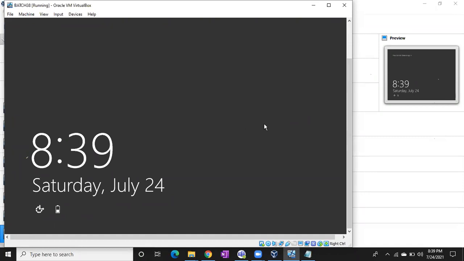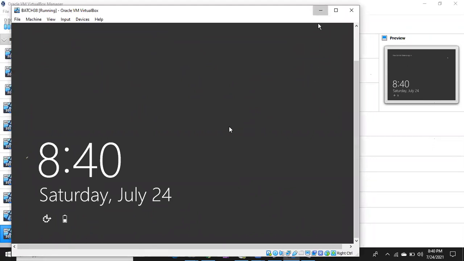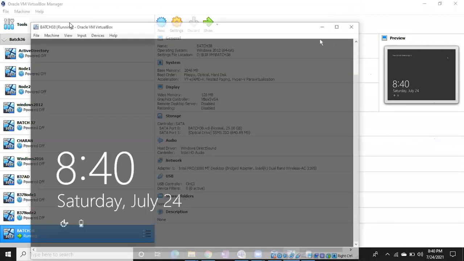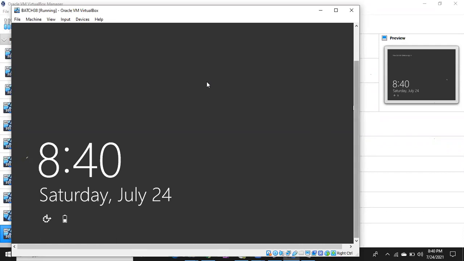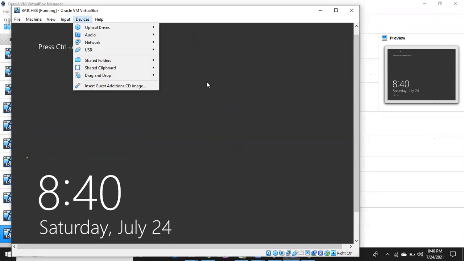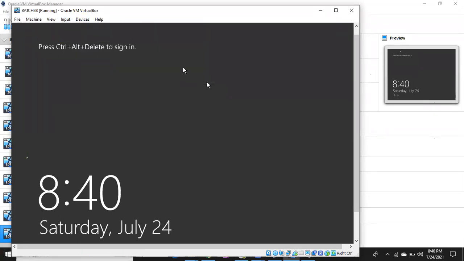It is still restarting, I guess. It's not allowing me to log into the machine. Just wait.